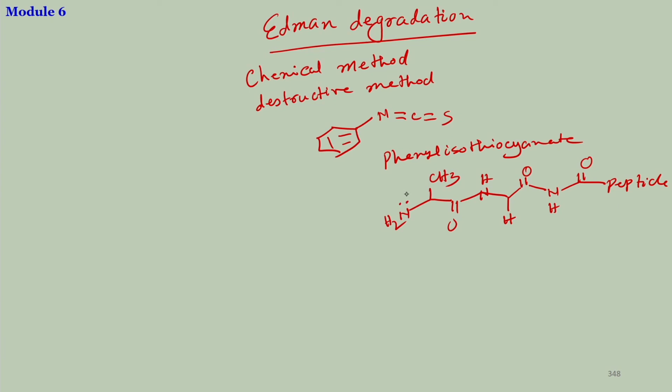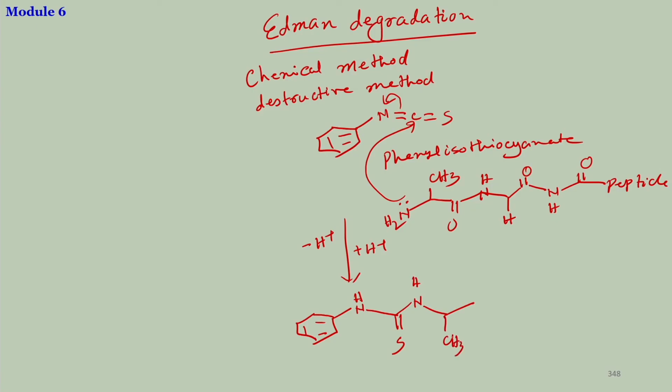So, first it is a nucleophilic attack of the NH2 of the N-terminal amino acid here, that ultimately comes here and then comes back, whatever you get, an N minus, which will abstract the proton from here. So, it is a minus H plus and plus H plus. So, this becomes NH, this carbon double bond S, this carbon is connected covalently to this nitrogen. So, it would be NH here. I am not drawing the stereochemistry of the amino acids. So, they are all L configuration, and then it will be here